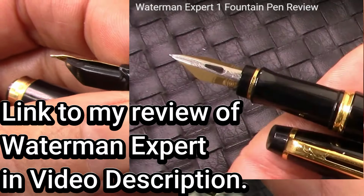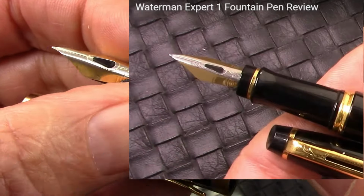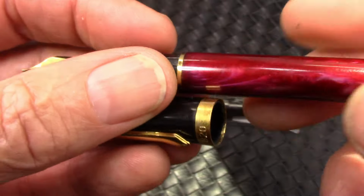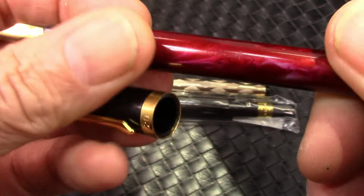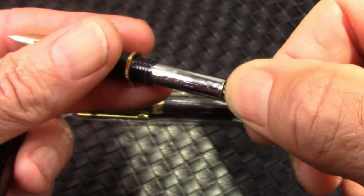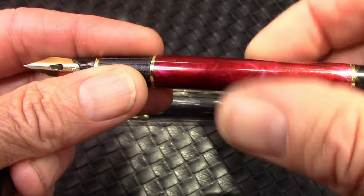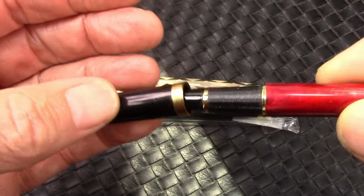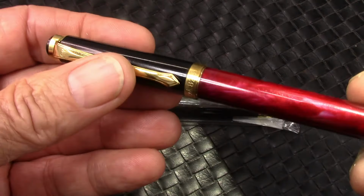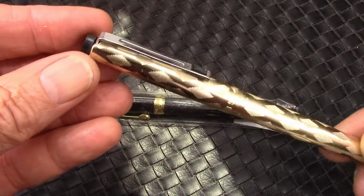Yes, Waterman made a pen like that had a nib like this, or similar to this. It's just a unique design. And as we expect, the barrel unscrews and we'll see an aerometric converter, which, as I mentioned, to me was very popular in the 80s, 90s, 70s, of that nature. So we must move on. Now we're on to pen number 5, another